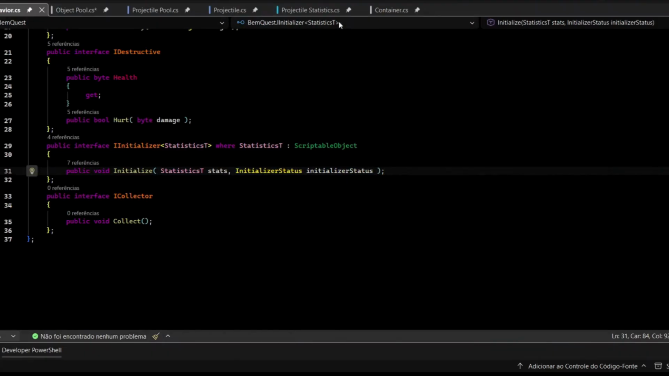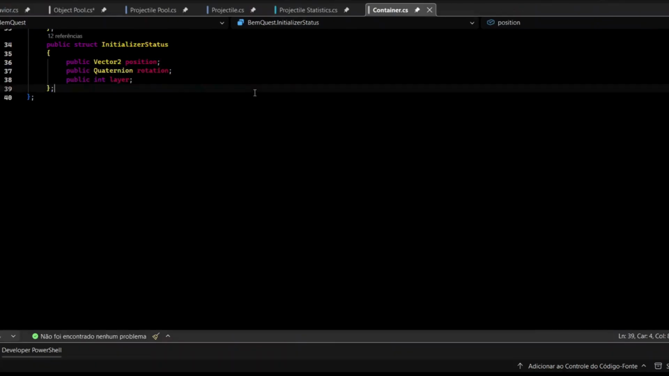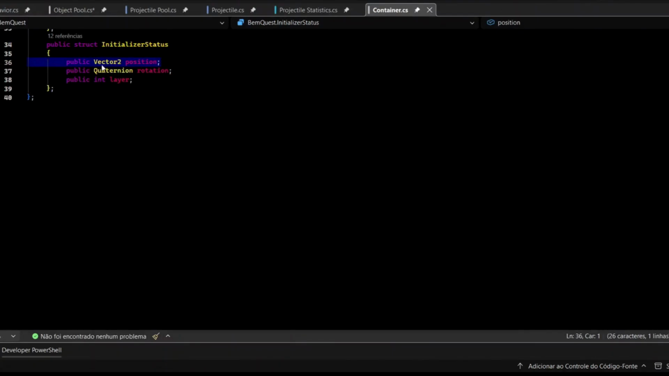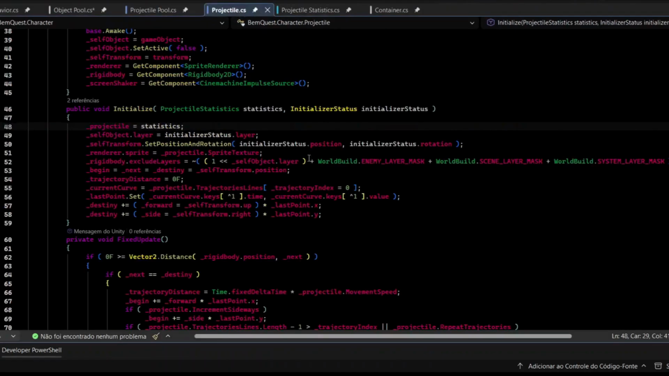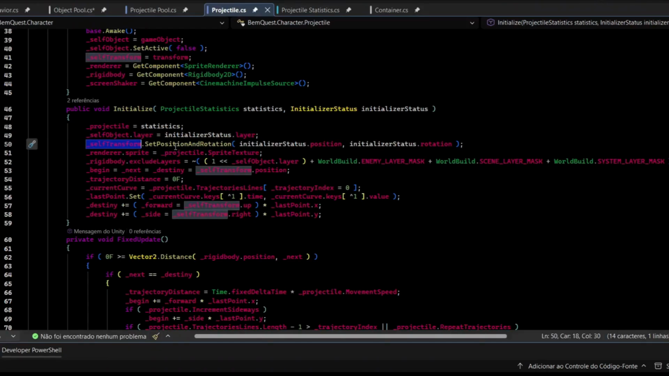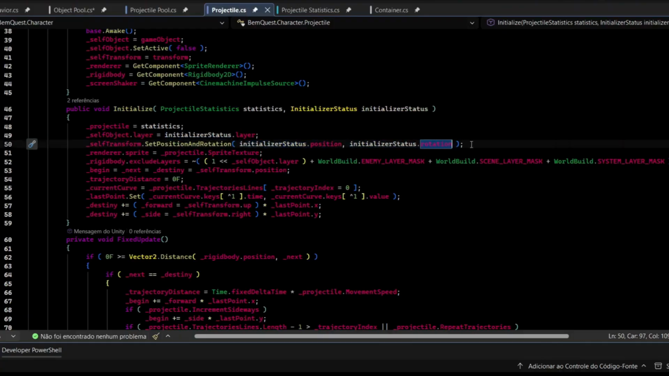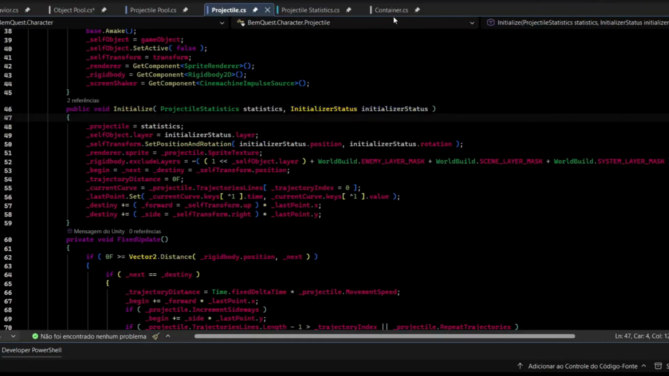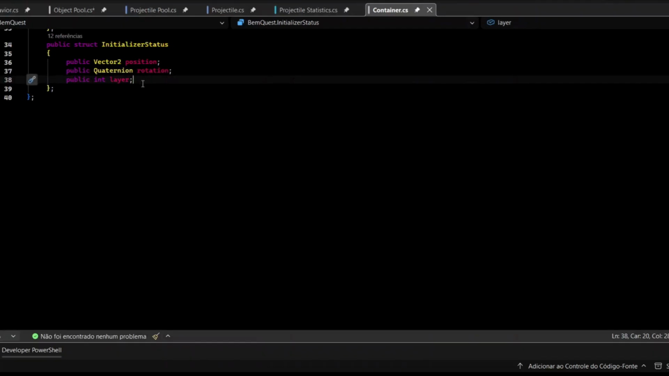This structure here basically has a position, a rotation, and a layer. The position and the rotation are the initial position and rotation that the object will be initialized with. Here, as you can see, the transform of the projectile is initialized with the position and rotation that are passed through this structure here,